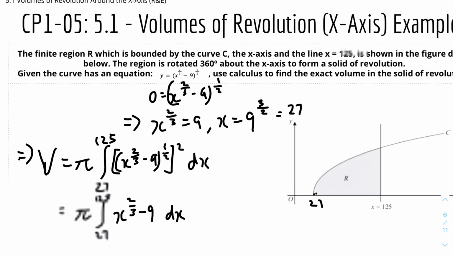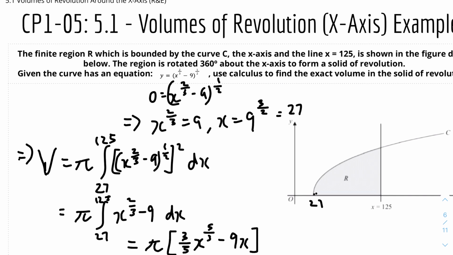So therefore this simplifies to, let me just write down here, pi times 2 over 3 plus 1 is equal to 5 over 3, and integrate that, so it will be 3 over 5 x to the power of 5 over 3 minus 9x, and the limits are 27 and 125. So it will be pi times, let me just substitute 125 into it. So the upper bound will be 3 over 5 times 125 to the power of 5 over 3 minus 9 times 125, and that gets us 750,